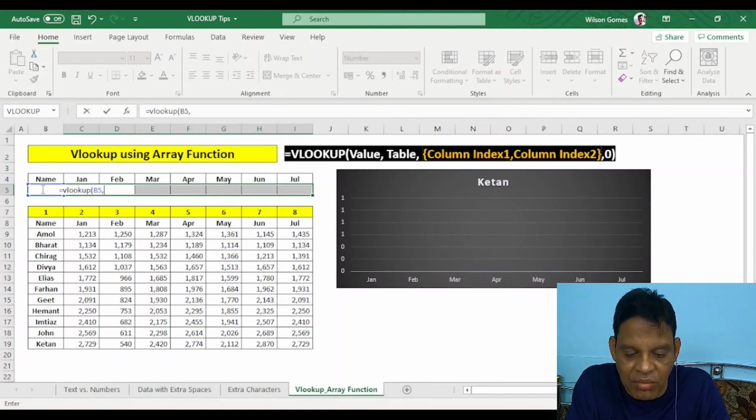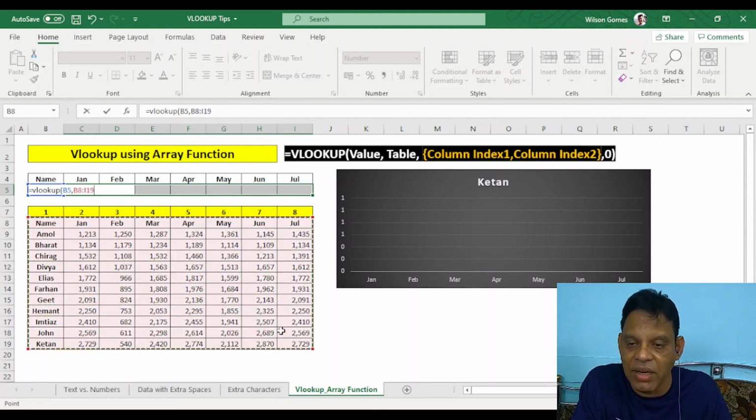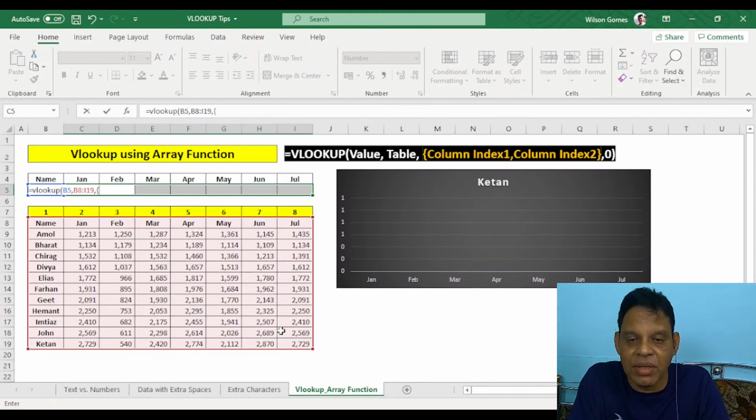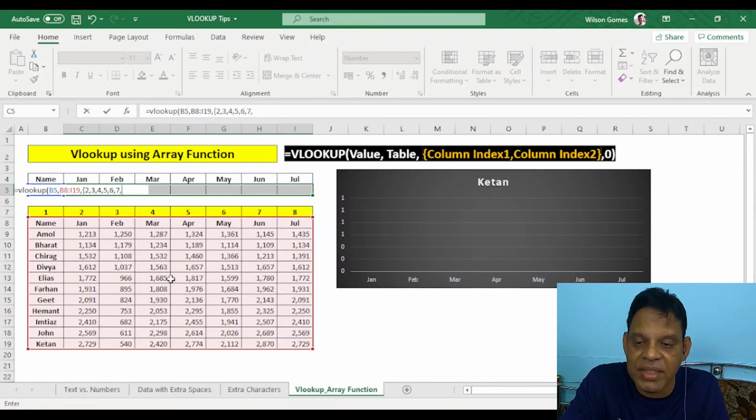okay, comma, from which table, I'll take this table, then comma, then this curly open bracket. Okay, then I want January in the second column, comma, February in the third column, comma, then March in the fourth column, comma, then April in the fifth column, comma, May in the sixth column, comma, June in the seventh column, and July in the eighth column.